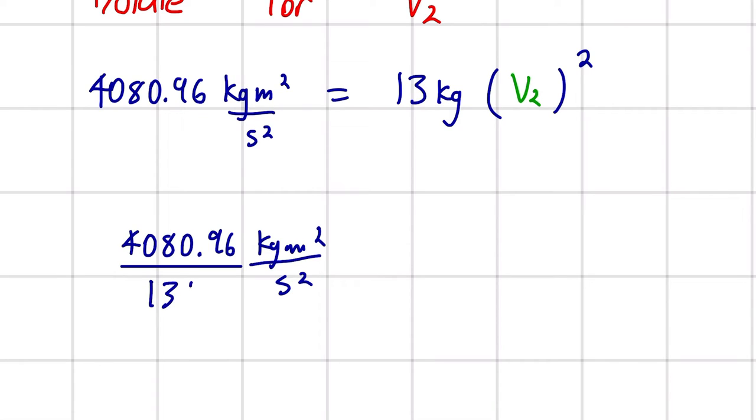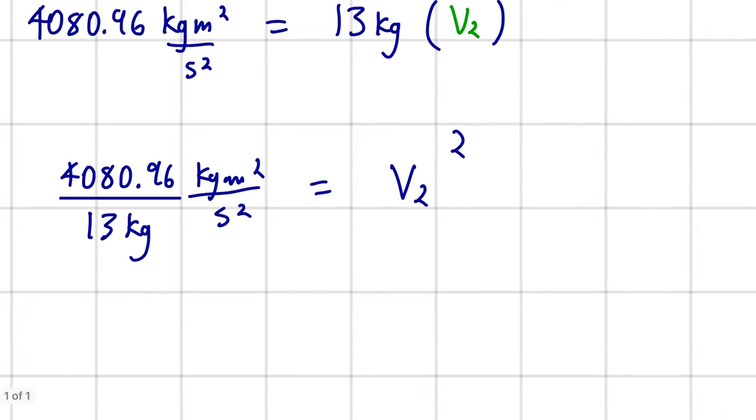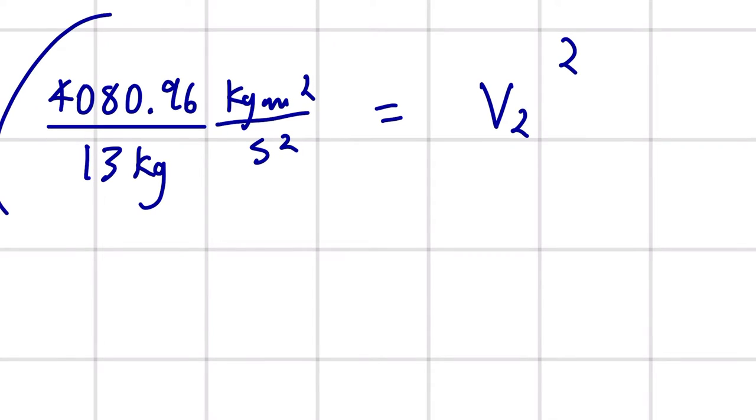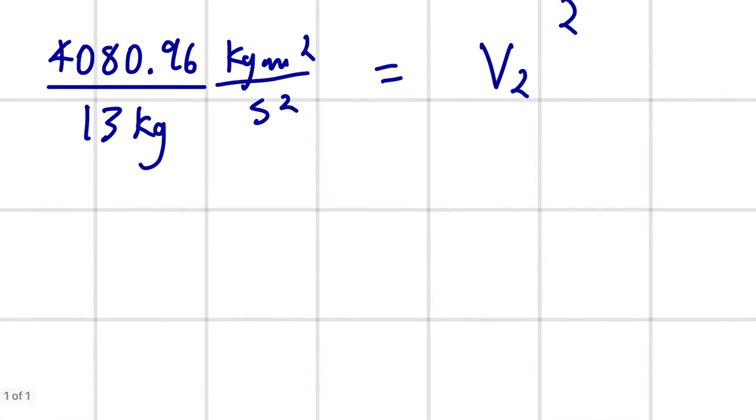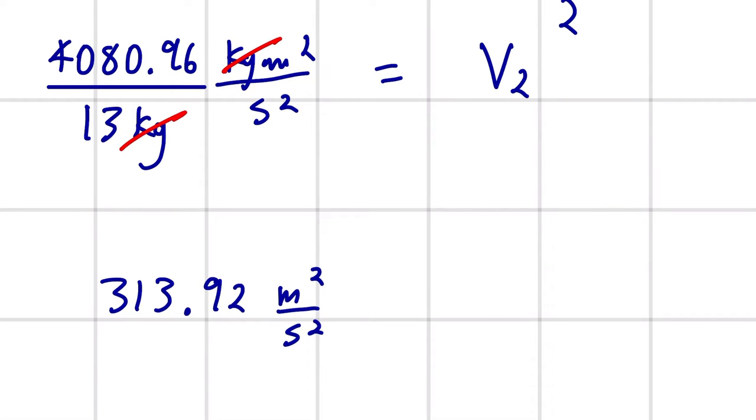Dividing by 13 kilograms is equal to V2 squared. So this term we put into our calculator, we get 313.92 meters squared per second squared. As you can see, these kilograms cancel out, so we're left with meters squared per second squared